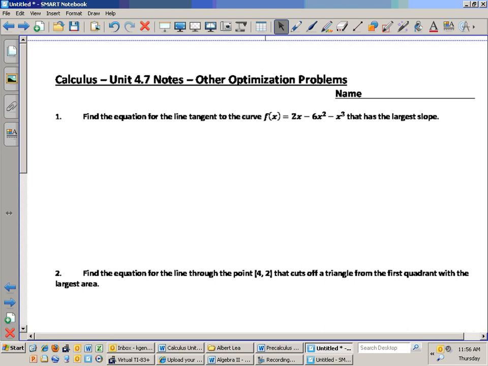We've done Newton's method. We've also done economics. It's time to push our brains just a little bit more. So make sure your name is at the top, and we will go from here, okay? You're going to need your calculator. It says,